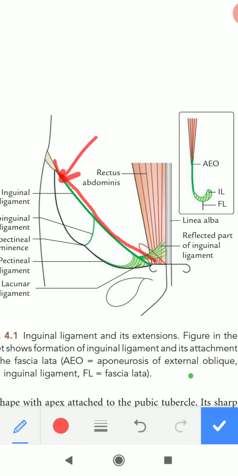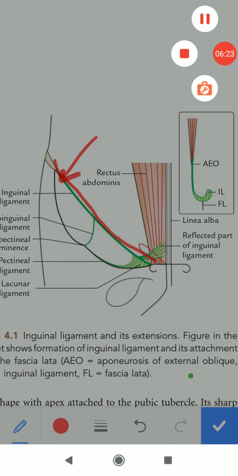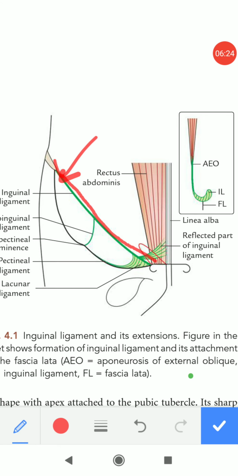Now we will learn about the attachment of the inguinal ligament. What are the structures that are attached to the inguinal ligament? While we studied the muscles of the anterior abdominal wall, we talked about the internal oblique muscle and transversus abdominis muscle. The internal oblique abdominis muscle attaches to the